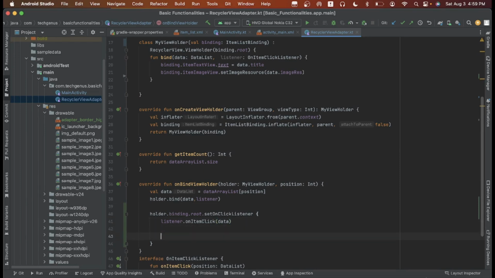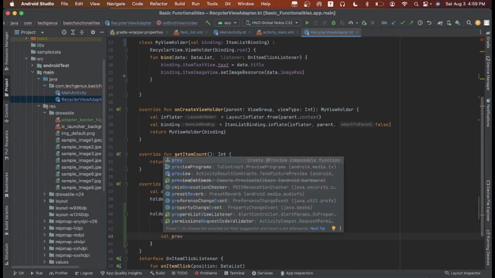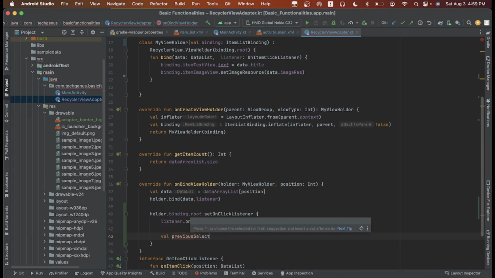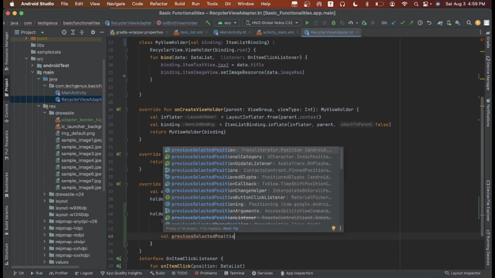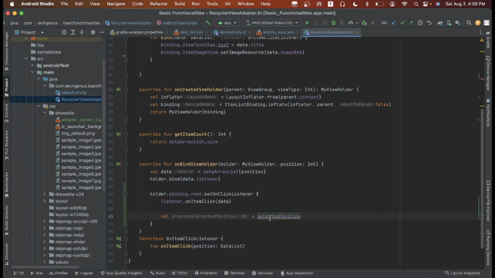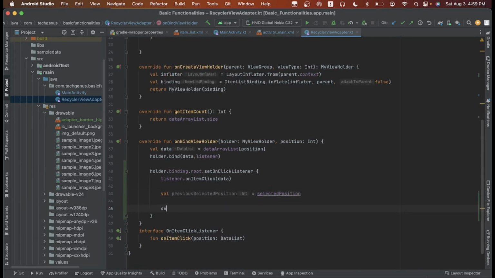Let's declare the code. Enter previous selected position, and our declared variable int. Then selected position equals holder dot adapter position. So when clicked, the adapter will go to the selected position.